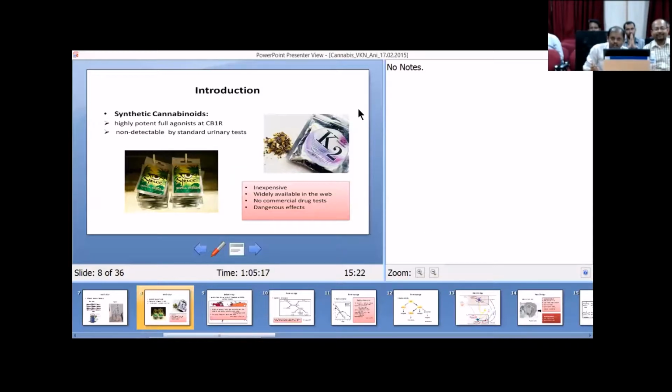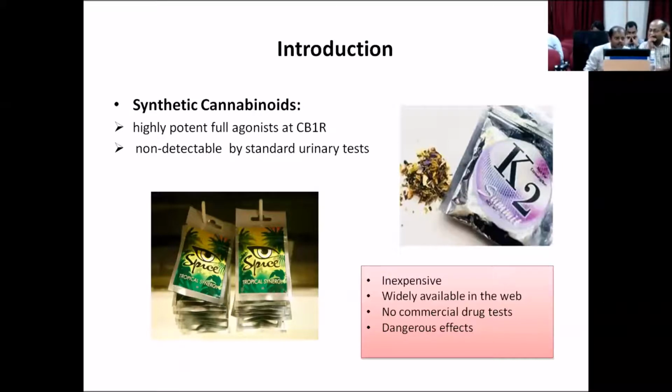John Huffman, he did cannabinoids. The synthetic cannabinoids were designed not for human consumption, but they take advantage of the fact that they cannot be easily screened by standard tests. They are also easily available on the web, and inexpensive compared to cannabis in some countries where good cannabis is quite expensive, so they flourish. Currently they are very common in some parts of the world, like Taiwan or China,